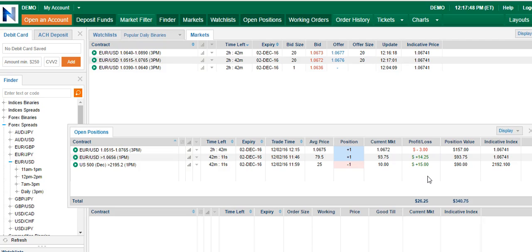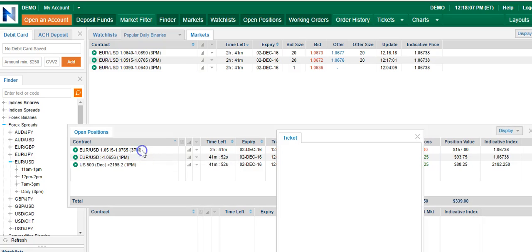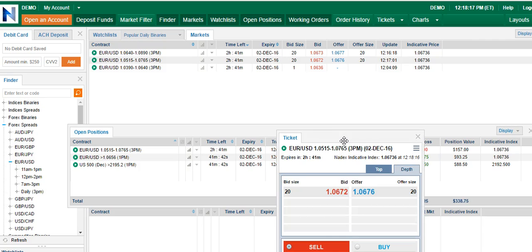It's not exactly the same, but there's a lot of similarities. Now you cannot have stops at Nadex, so you cannot place a stop, but you can place a profit target. So if I thought, okay, I think the market will hit 106.90, I can click on the open position here. The ticket will pop up, and I can place my working order at 106.90